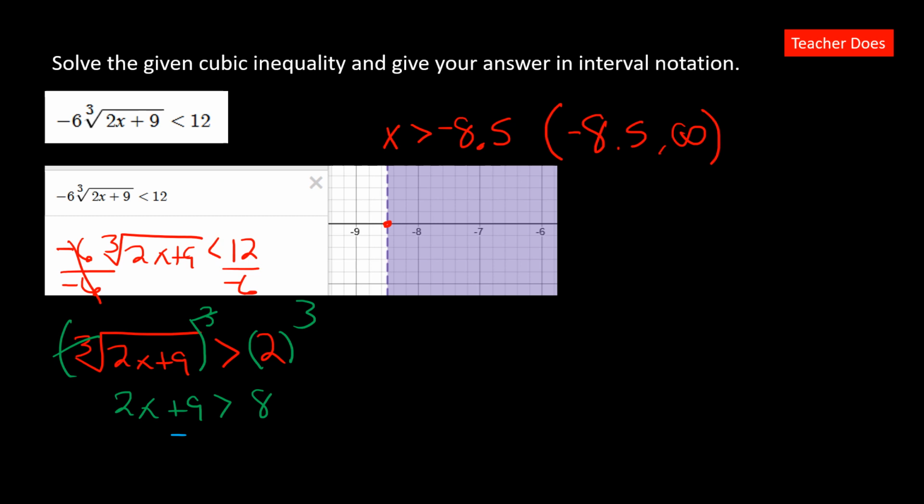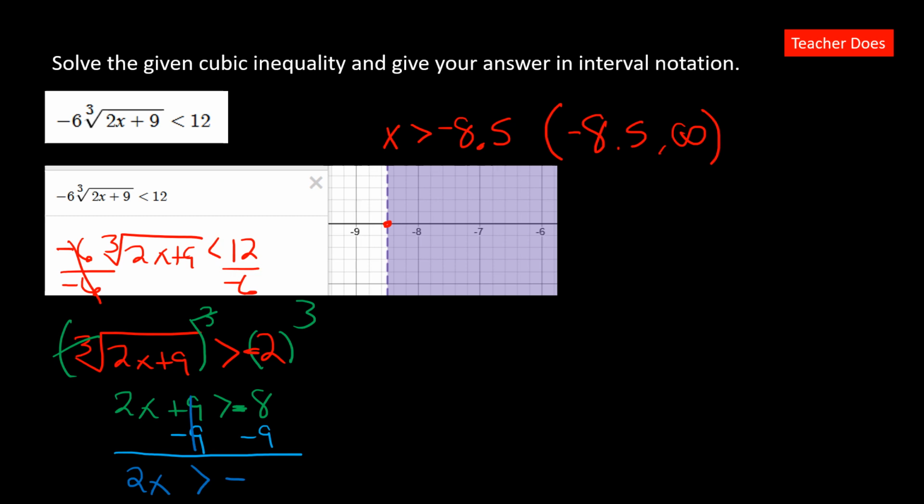We would then subtract 9 from both sides. Oh, and I'm sorry here. I just realized I made a mistake. 12 divided by 6, okay, is a negative 2. And so when we multiply this out, we would actually get a negative 8. And this makes a huge difference. And we would have seen that right now, but we'd end up getting 2x. These simplify out is greater than